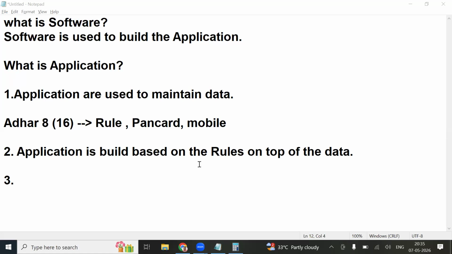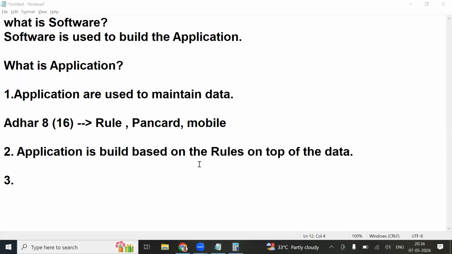Banking, finished. Now coming to the Swiggy or Zomato portal, an e-commerce application. When you log in, you see a list of restaurants, right? Where does the data come from? From the Swiggy portal's database or a different database? Swiggy is going to maintain that information in its database, yes. So they are collecting and maintaining the data.